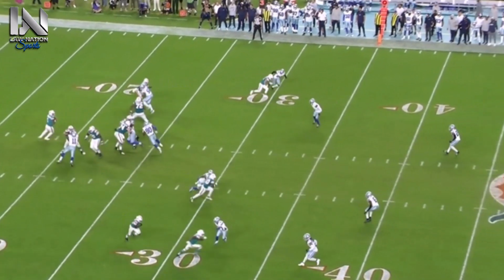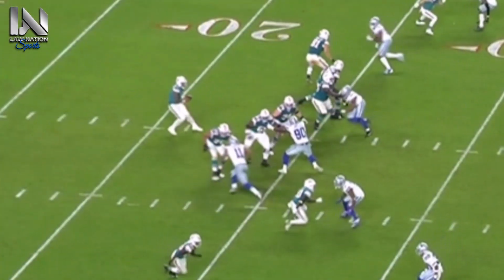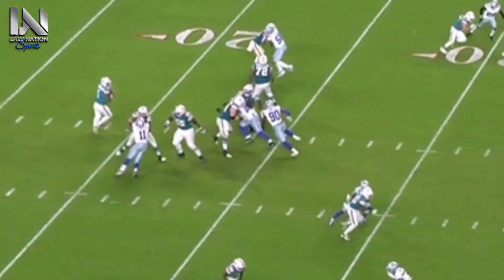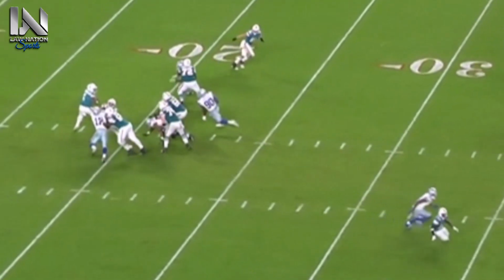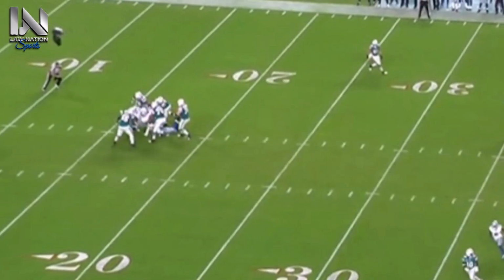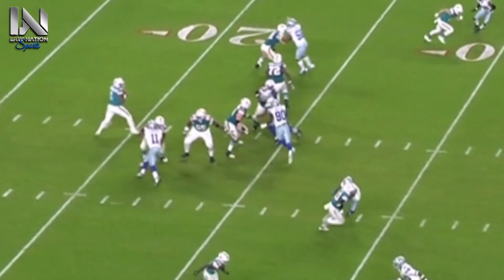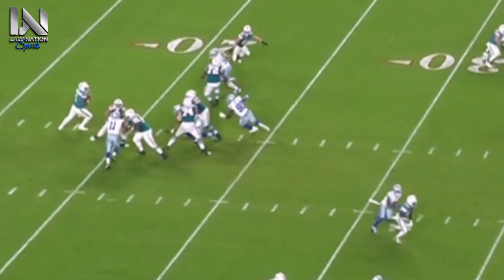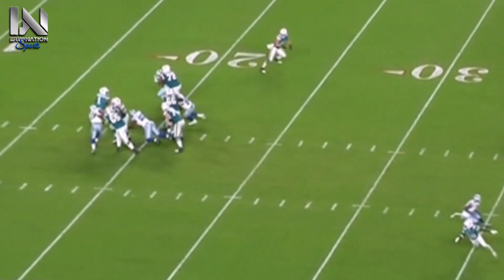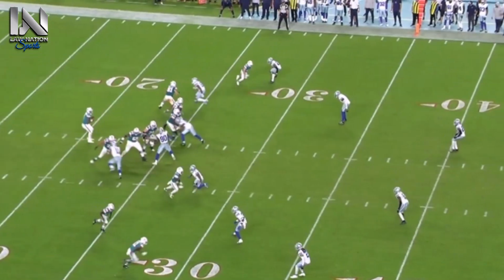But I think that the staple piece of Zim's defense will not totally embody smaller guys, and I get it. That's what we have right now. I just think that what will happen ultimately is that you will see more traditional sets. Maybe on this down you can still have Parsons streaming off the edge, but you will have a linebacker in there, Eric Kendricks,